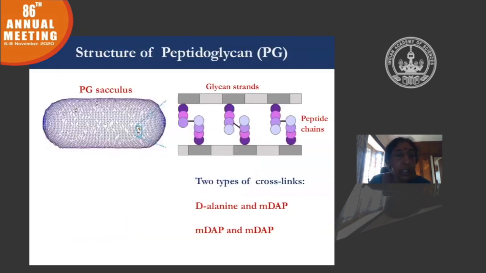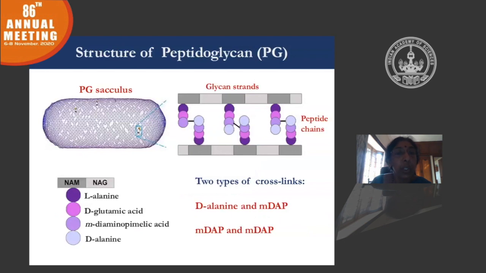Now, this slide shows the chemical composition of the peptidoglycan. When you see these purple strands, as the name peptidoglycan suggests, it is made up of two kinds of molecules, small peptides and the glycan strands. The glycan strands are very simple disaccharides, which we will not go into in detail. But these glycan strands are attached to the small peptide chains. You can see these 4 dots here.